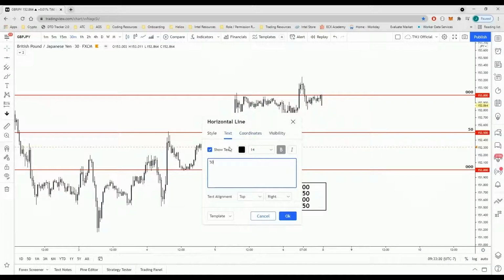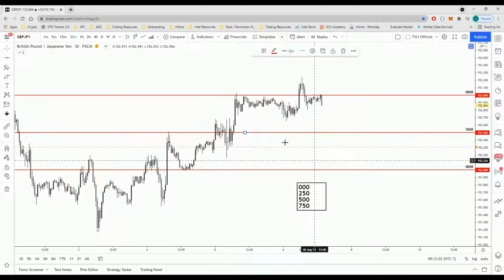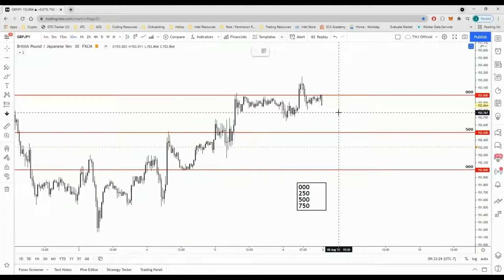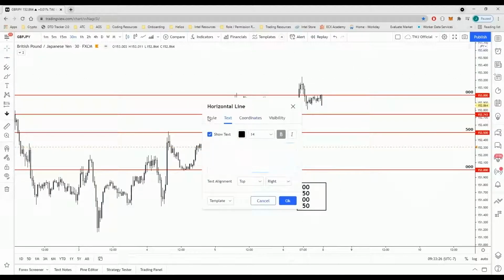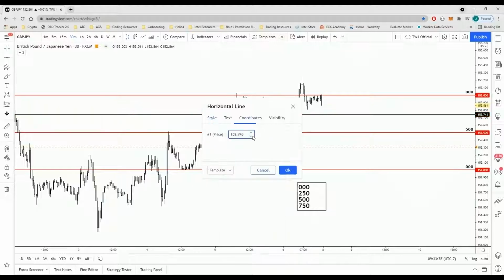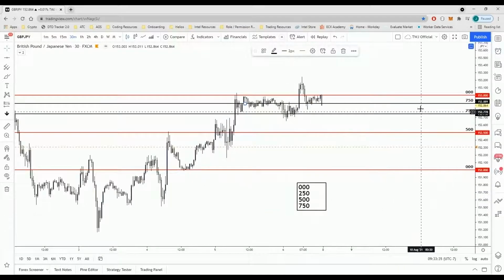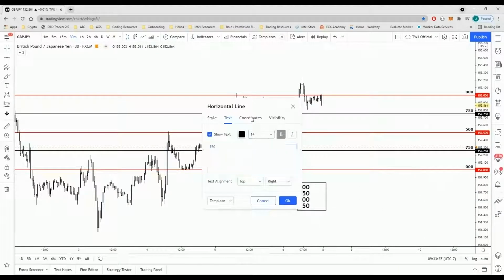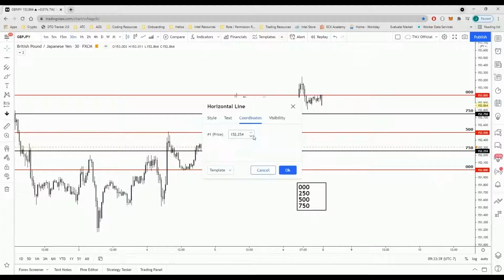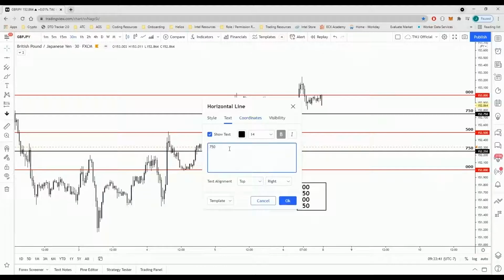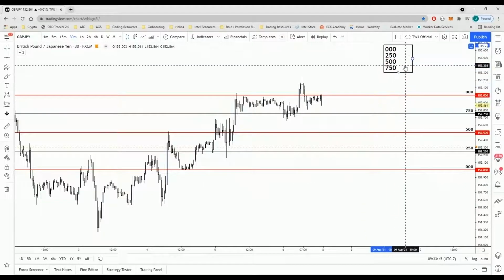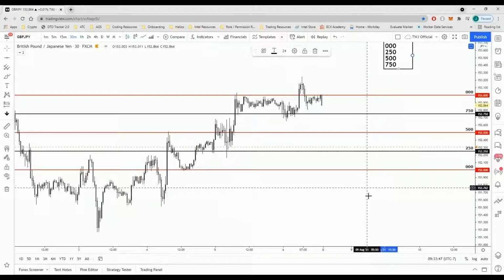Perfect. And then we're also going to do the quarter points. So that's going to be 750. I'll change this one to black here. 750, awesome. And then we also have 250. Perfect. Okay. So if you guys take a look at these levels, these are very important levels because